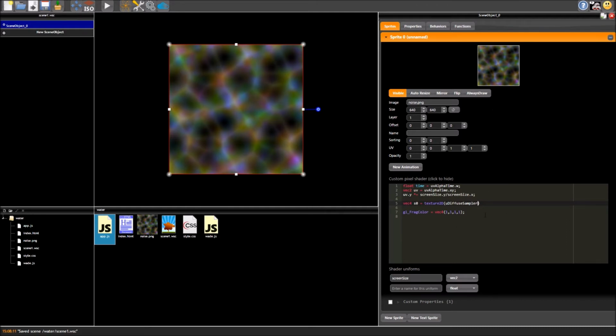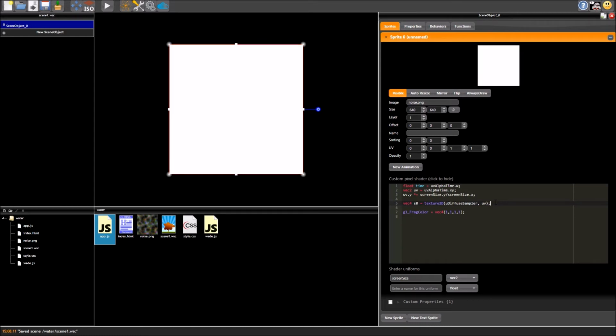If you don't have a texture, then it's just going to be blank, so you won't be able to do this. But this is how you access the individual pixel data. And we need the pixel data at our coordinates for this pixel, so we just put UV here, and we put a semicolon there. So now we're back to the white. So why has that happened? Firstly, because this shader is no longer invalid. This is perfectly valid code, so it runs, this bit happens, and we end up with a white square.